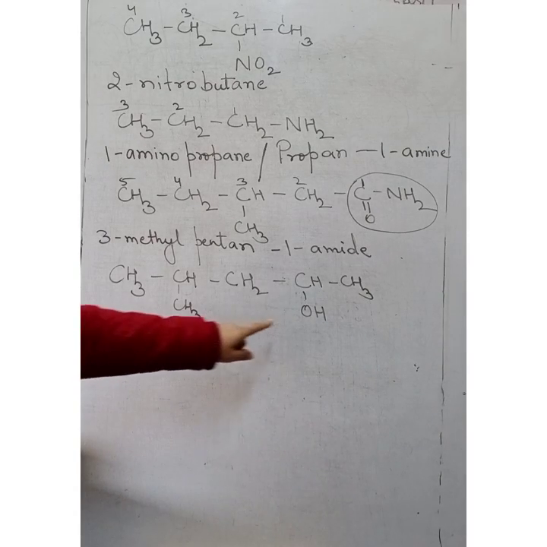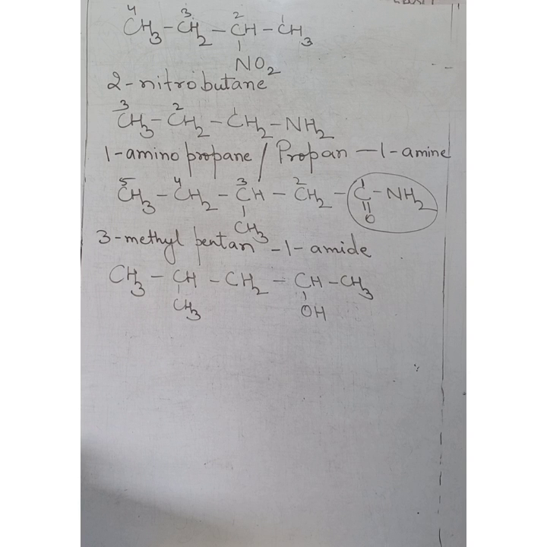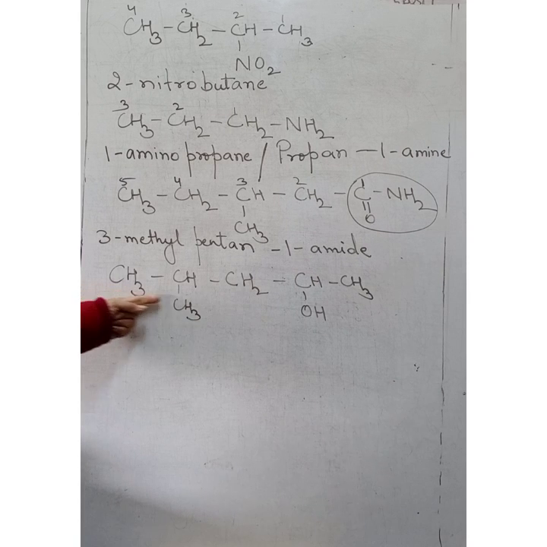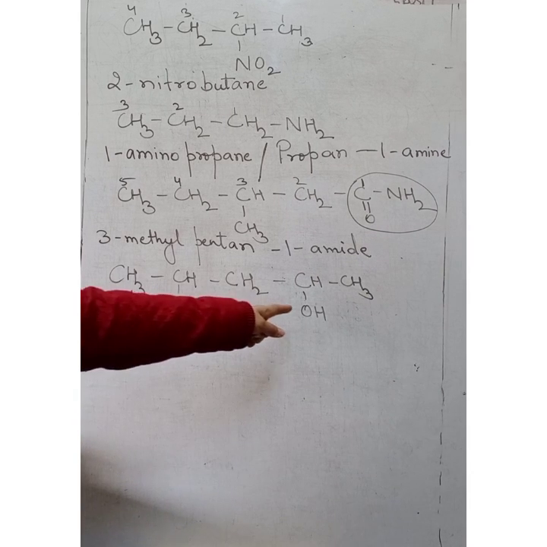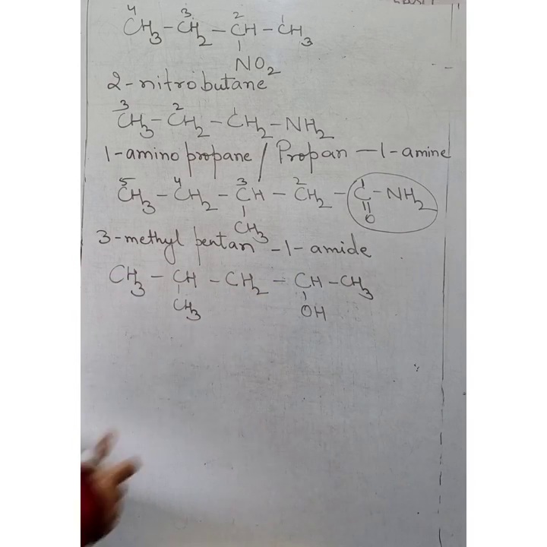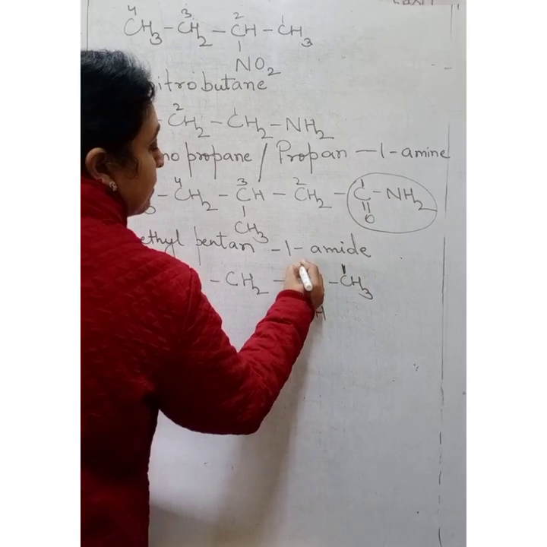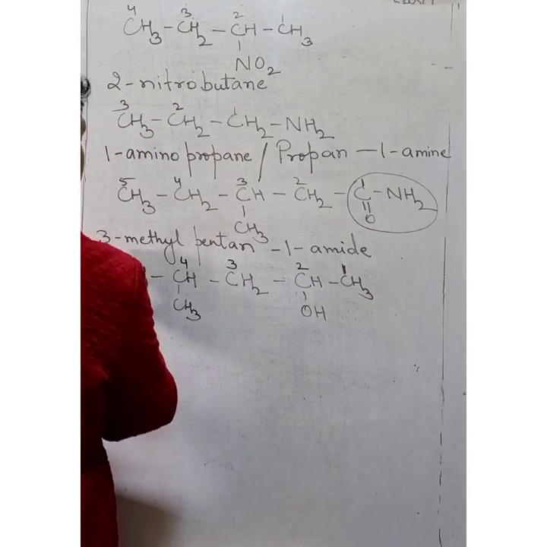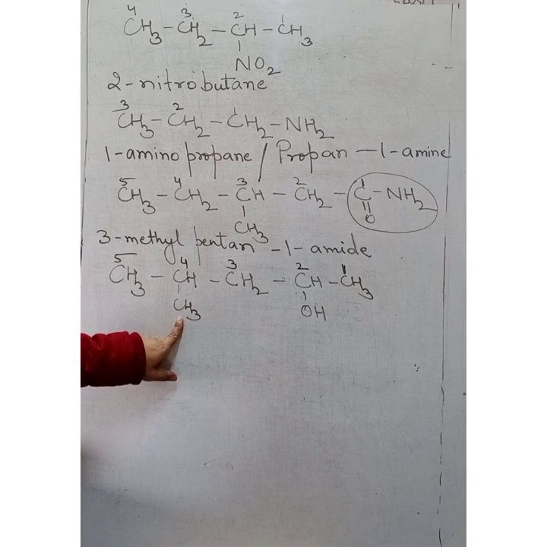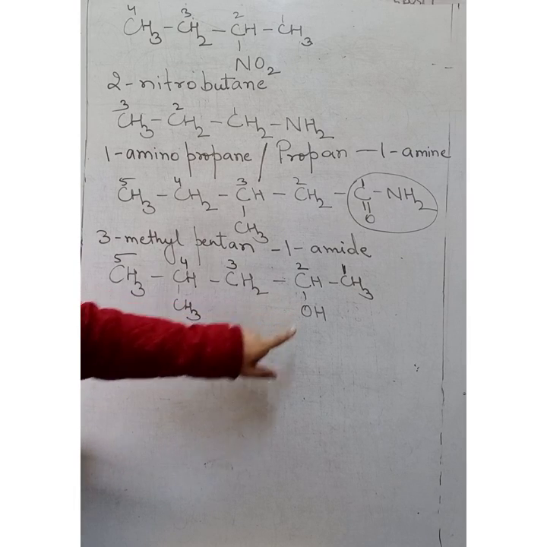Now similarly here we are having alcohol as the functional group. Select the longest chain of carbon atoms containing the functional group. Number the carbon chain in such a way that this OH gets the lowest numbering. Now if we number from this side, the left hand side, it is going to get a higher number. But if we number from the right hand side, we are going to have a lower number. So just give number 1 here. Number 1, 2, 3, 4 and 5. Now at the fourth position we are having this CH3 as a substituent on the chain, with OH at position 2.